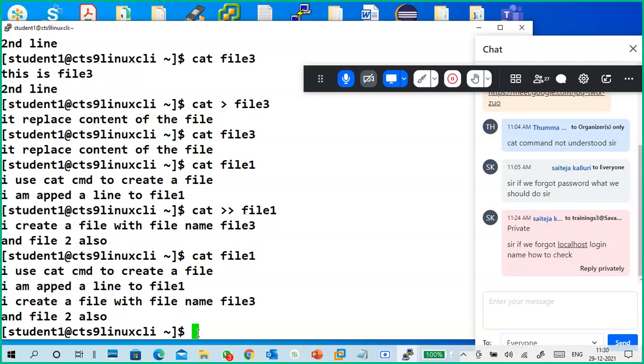You can append means at the bottom of the file content, new lines will be added. So that is a cat double greater. Yes, understood or not? Very good.